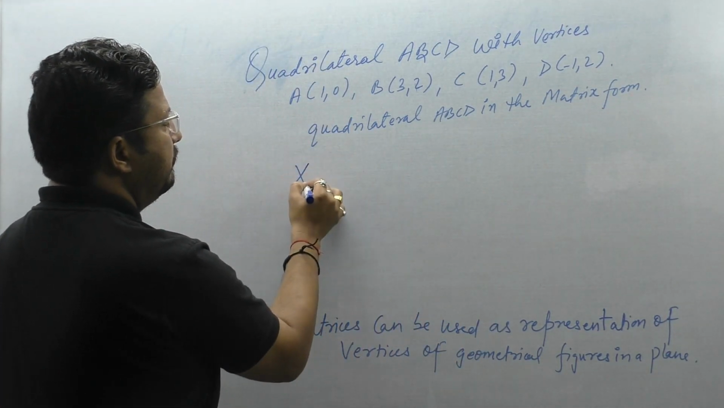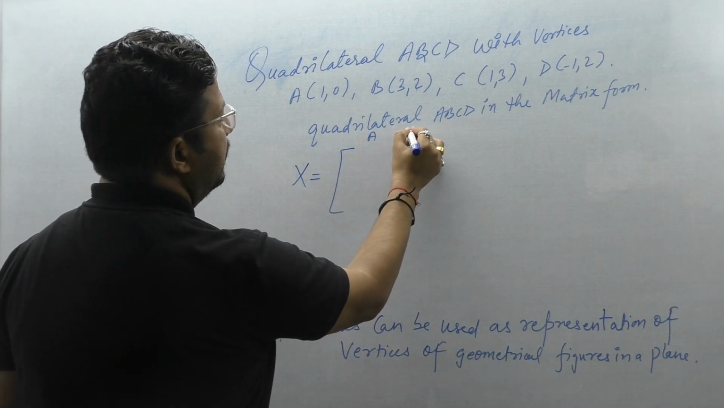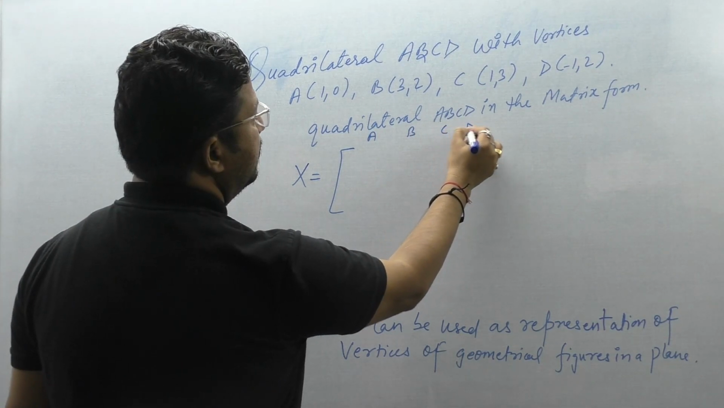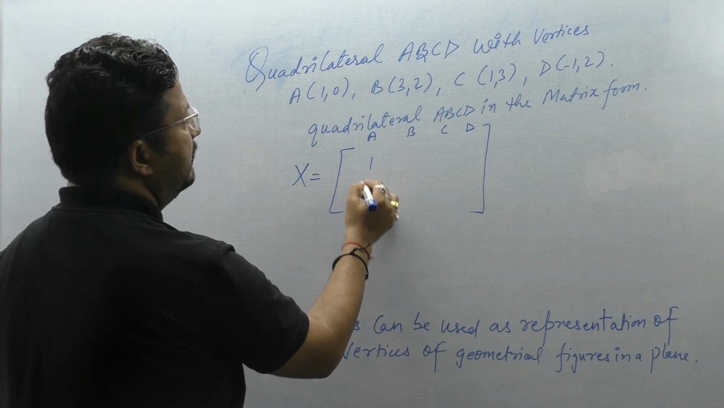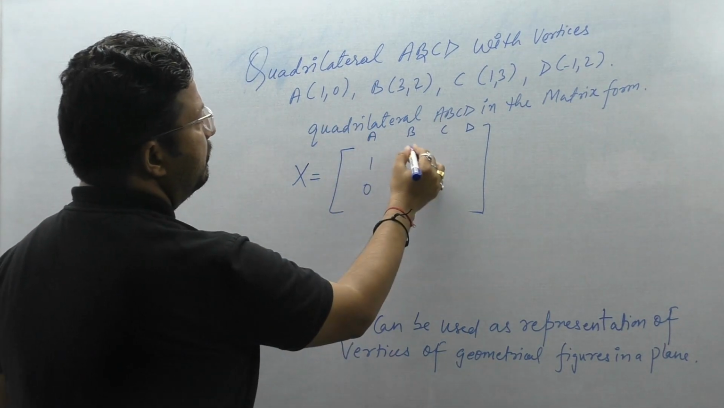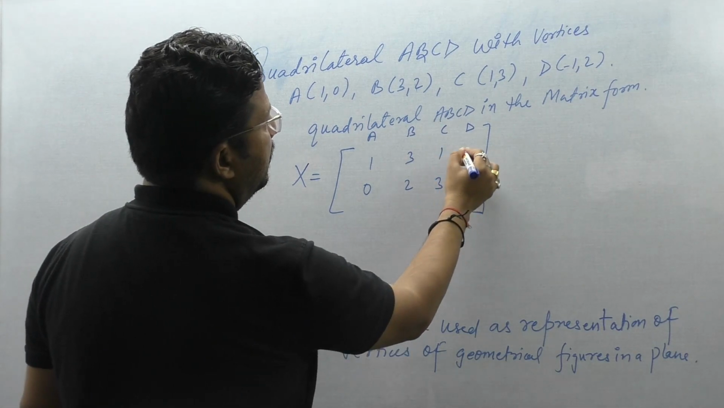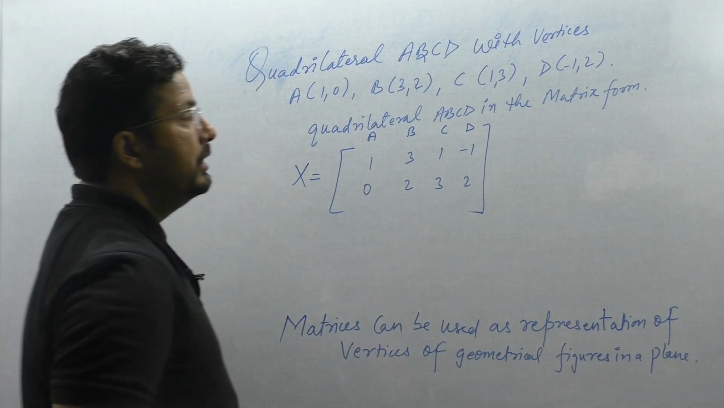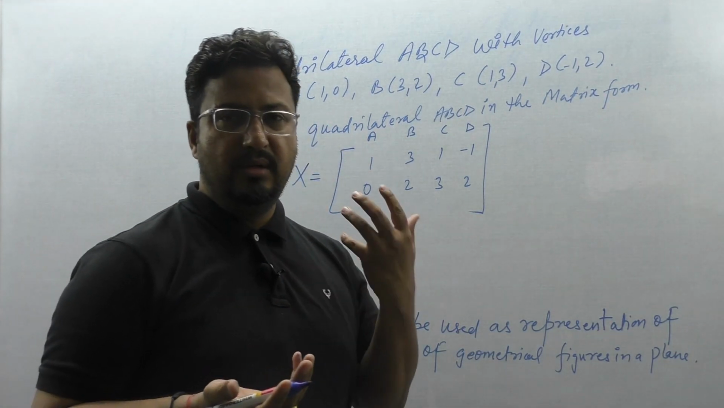So for example, let's say we call it matrix X. Now I am writing A, B, C, D. The members of A are 1 and 0, B members are 3, 2, and this is 1, 3, and this is -1, 2. So I just want to make you understand that the linear equation in 2 variables that we have done in our 10th class